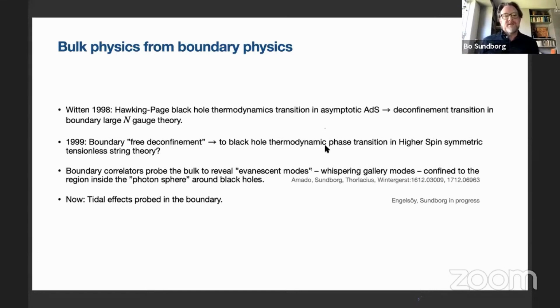In free super Yang-Mills, you could go the other way from the boundary and check the thermodynamics and find that there